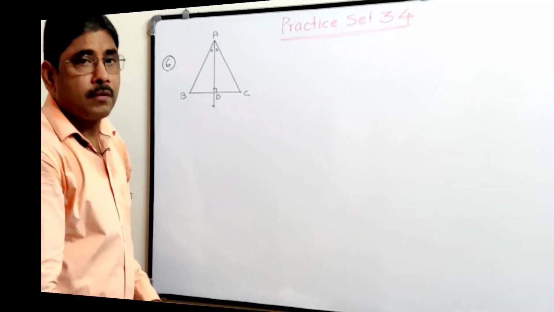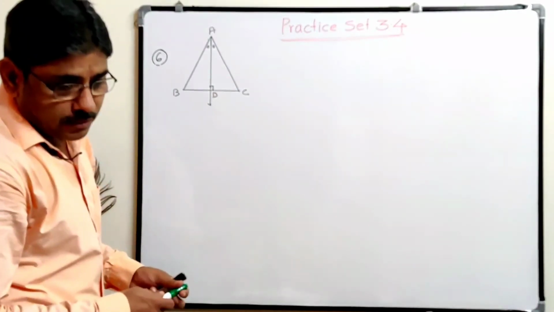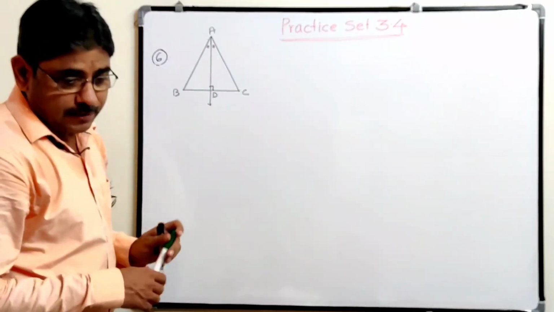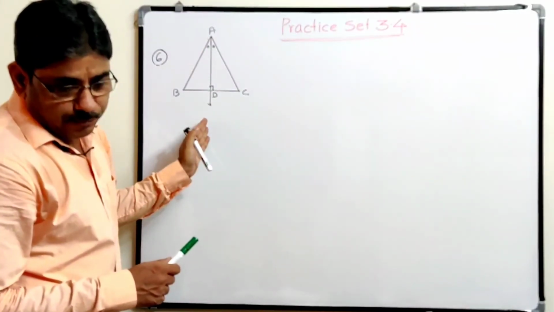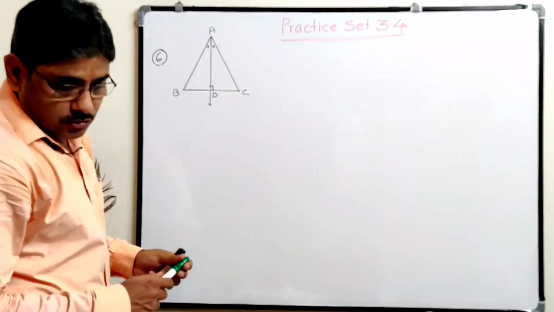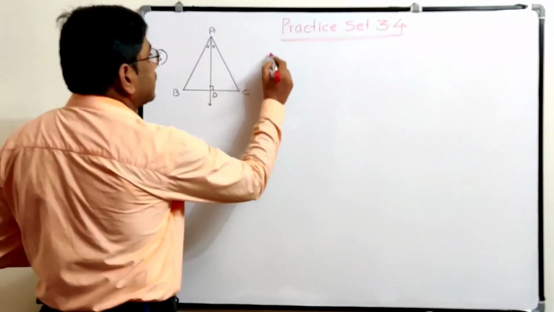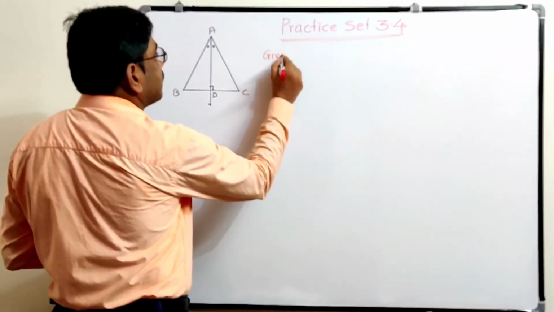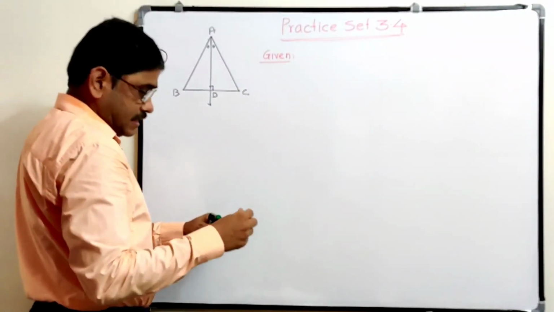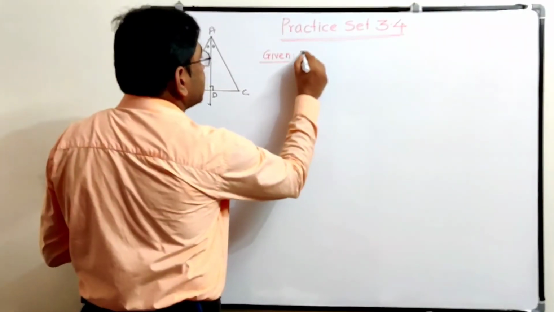Okay. Now let us see the sixth sum. Here, what is given? Prove that if the bisector of angle BAC is perpendicular to side BC, then triangle ABC is an isosceles triangle. So write the given, to prove, and proof. First we have to draw the figure. In triangle ABC, what is given?